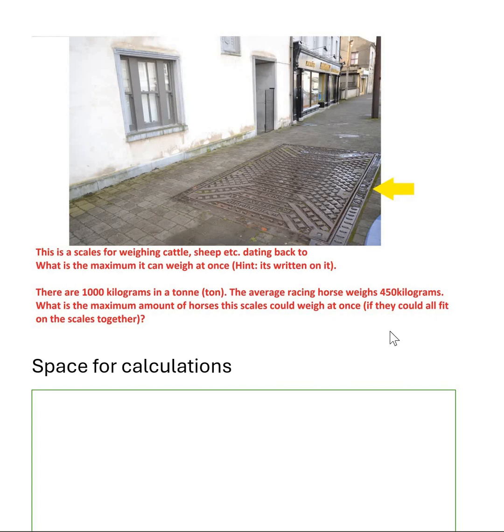Okay, so the next one, there's a scales for weighing cattle, and it's asking you, first question, what is the maximum it can weigh at once? And there's the hint, it's written on it. Okay, and when you go there, you'll see that it can weigh 6 tons. Okay, it says then there is 1,000 kilograms in a ton. So it can weigh 6 tons, there's 1,000 kilograms in a ton, so it can actually weigh 6,000